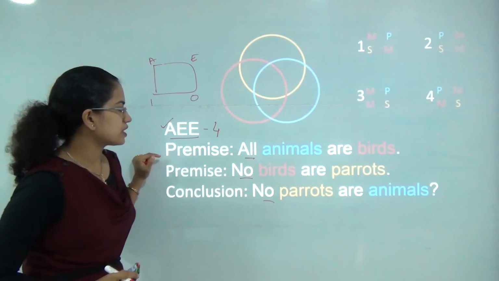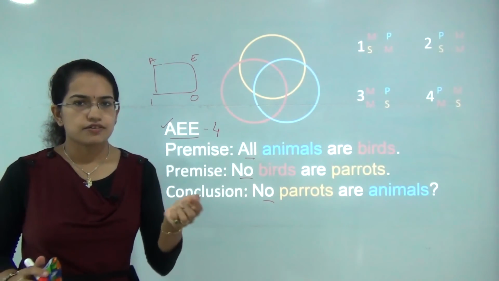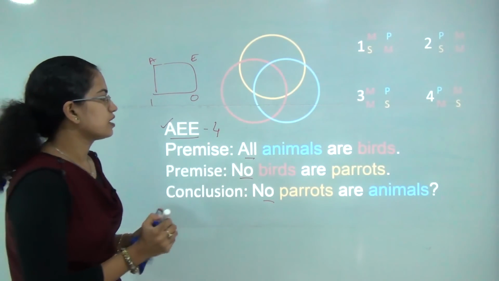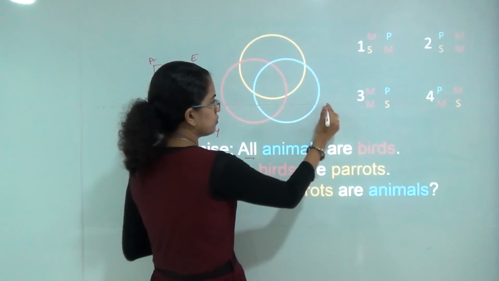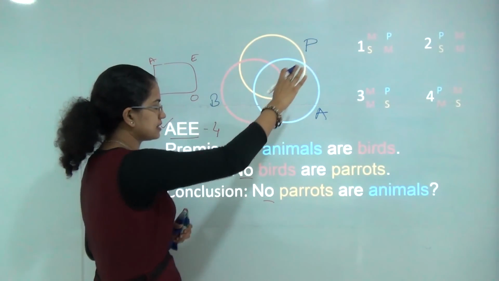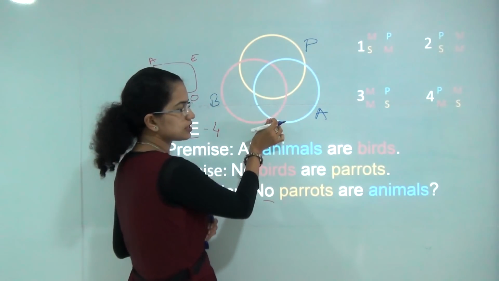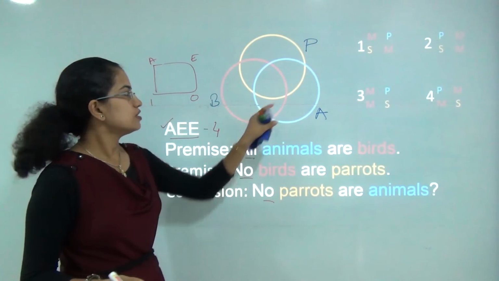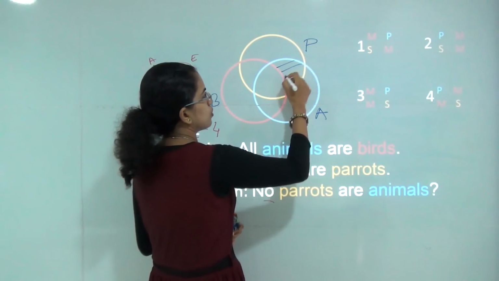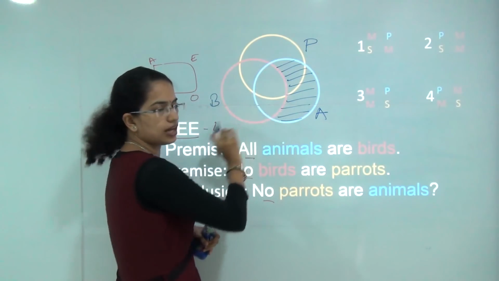Now let's start solving the first question. As I mentioned, we always start with all or none. So here there is just all or none, so we can use either. Now I would draw the convention here: blue for animals, red for birds, and orange for parrots. Now all animals are birds. So all animals are birds is this region. So what should I do now? I would let this region remain and exclude the remaining region. So for me this region does not exist because all animals are birds.